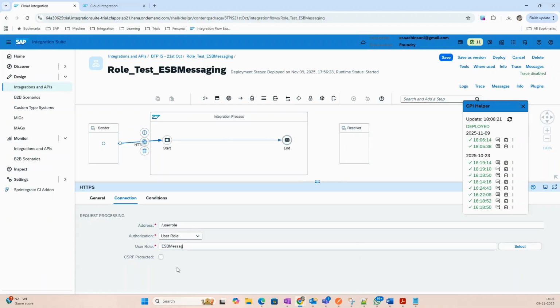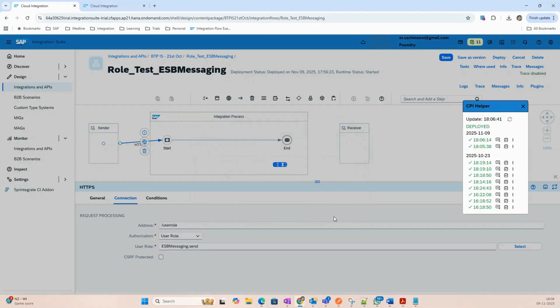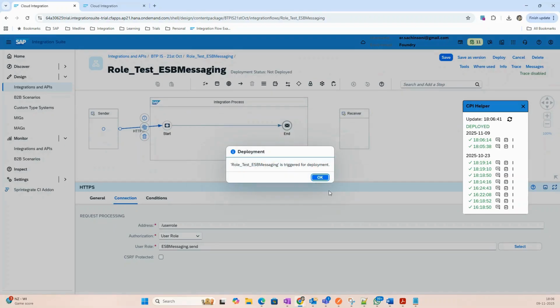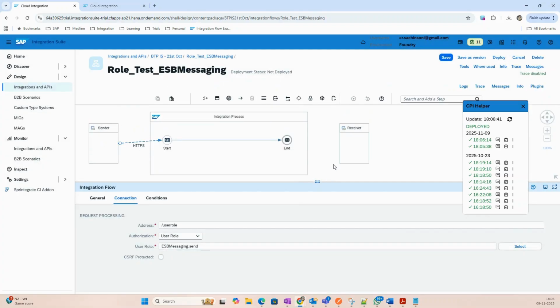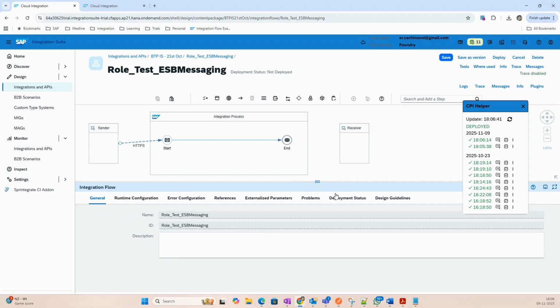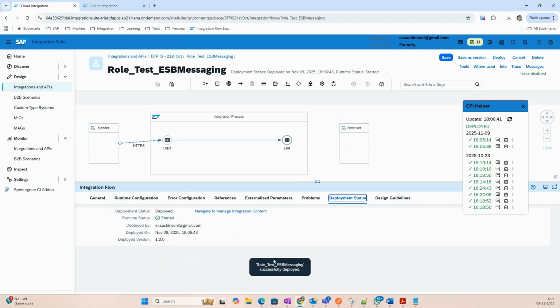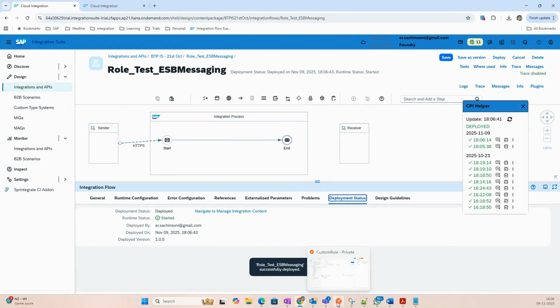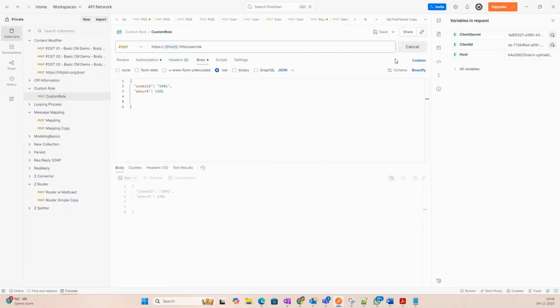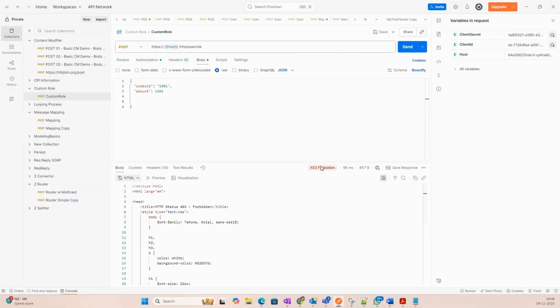Now the real fun begins when we use the default ESBMessaging.send. So imagine all the other roles are different. It could be ESBMessaging or something else, right? So let's see if 3PL can now call my iFlow. Now my iFlow is not configured with a custom role. It's configured with the standard ESBMessaging role, right? So ideally it should not allow. Let's see. If you see 403 Forbidden,